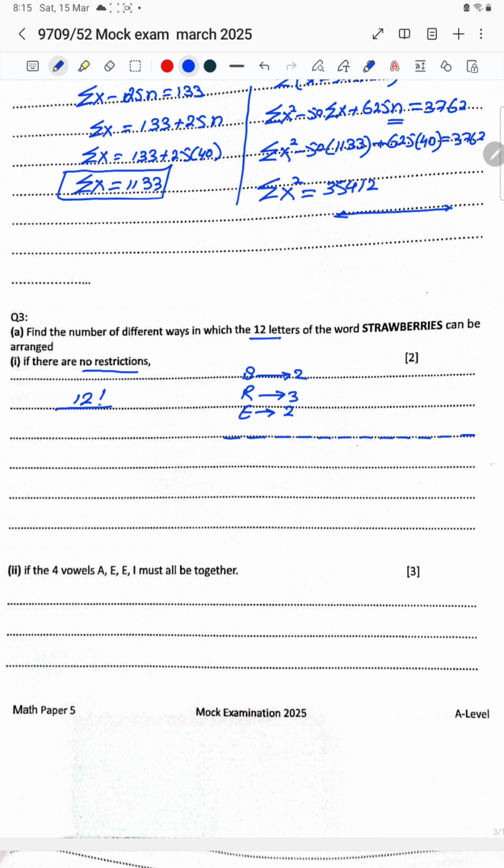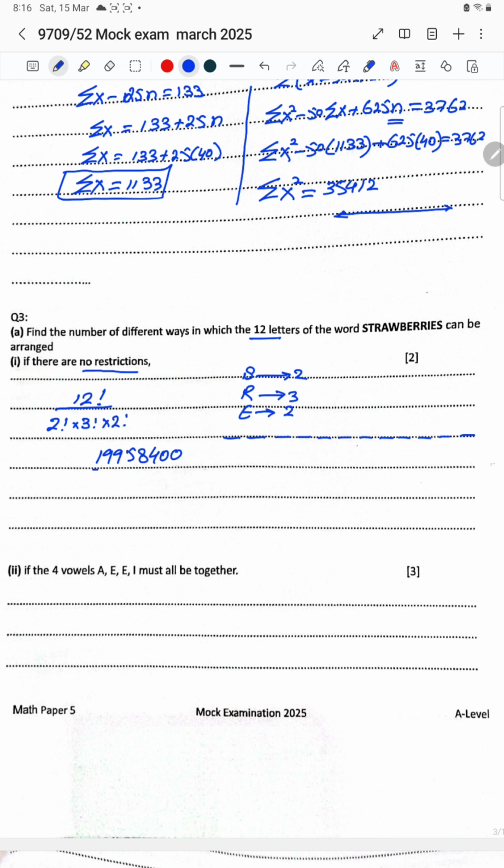So with this it can be 12 factorial, and the repeated letters are: s comes 2 times, so divided by 2 factorial; then r comes 3 times, divided by 3 factorial; and e comes 2 times, divided by 2 factorial. So now you can calculate it. I calculated it on the calculator. It comes to